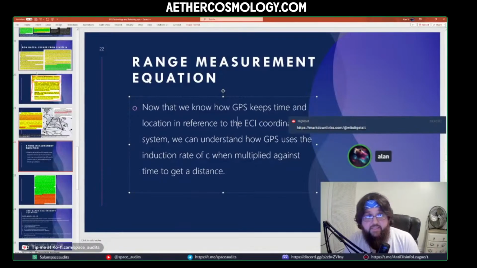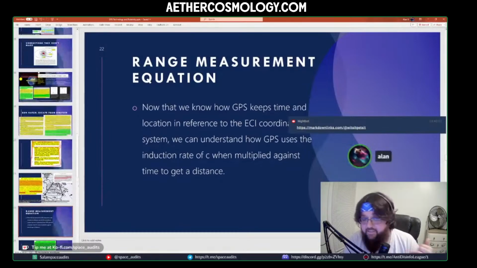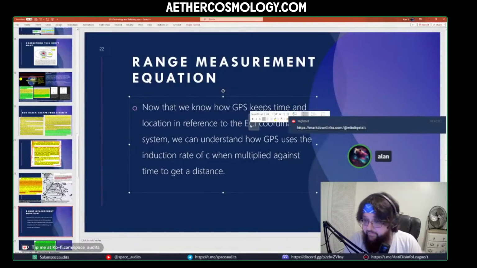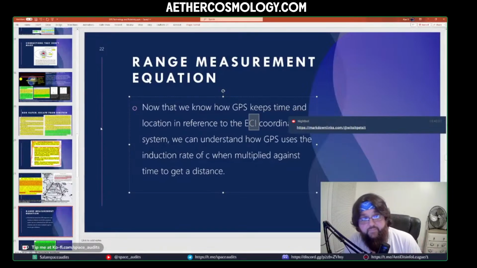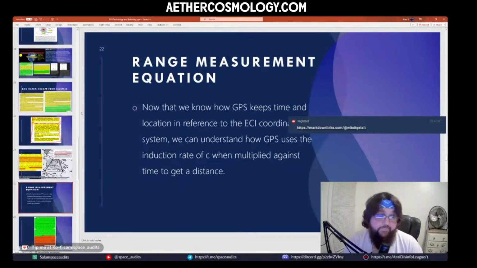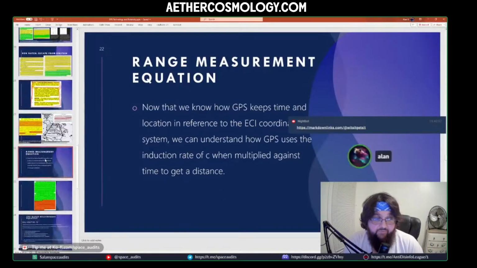So that GPS time that they established, that they set up for the ECI reference frame, everything is synced to that. Okay, so these measurements are going to be done in that frame, and then the ECEF reference frame is also synced to the same time. So with that, they should have a really accurate way to measure distance down to the millimeter, and then they should be able to take that distance and transform it to any map coordinate system that they have,